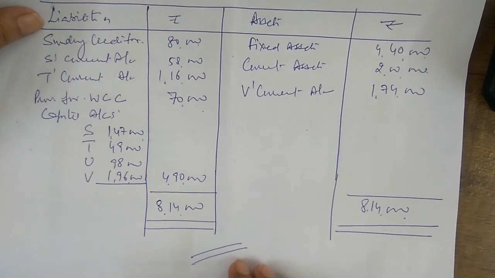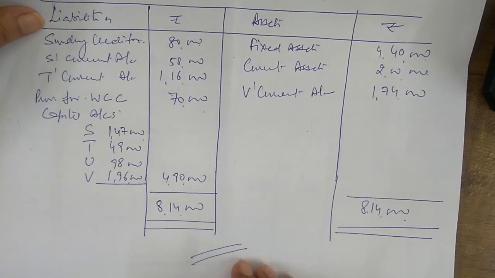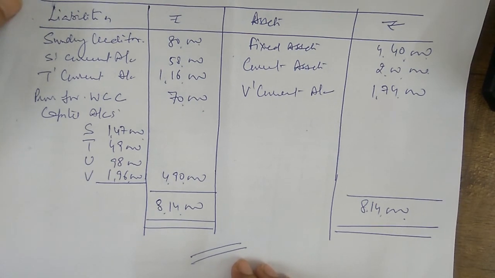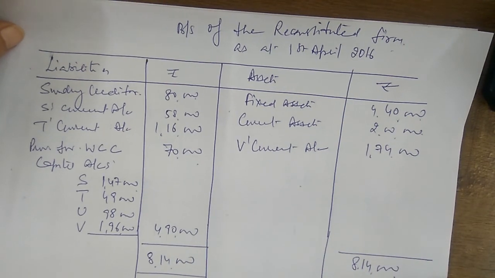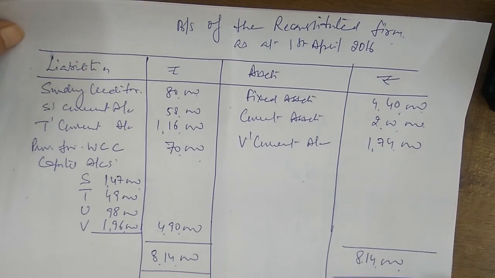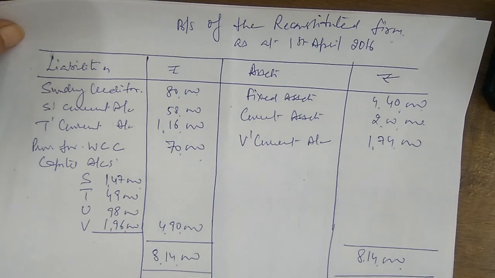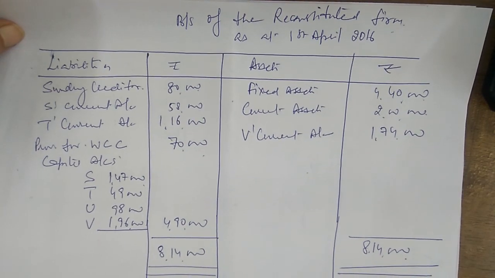So whatever we have discussed, this is the full length question. It may be 6 mark, it may be 8 marks question in your exam. So whatever is discussed, it is logically with understanding. We have to do step by step all the various things. So with this we have completed your chapter change in profit sharing ratio among the existing partners.